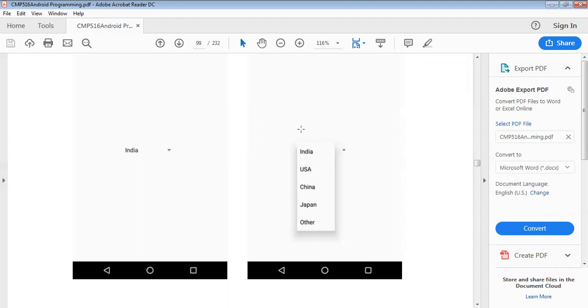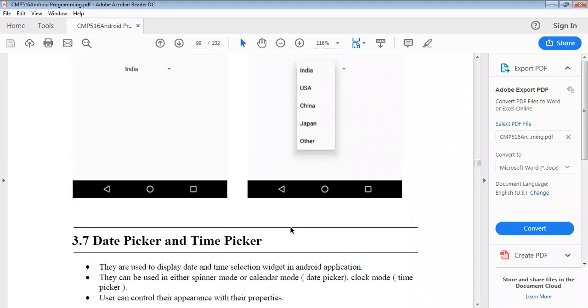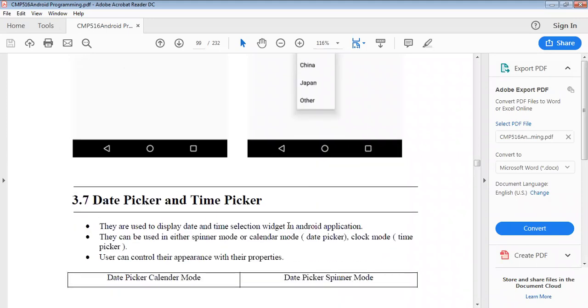See here we can see the country. In that country option there are a number of things like India, USA, China, Japan and others. All those things are in the spinner. Next we can see the date picker and time picker. Date picker means they can pick the date and time picker means they can pick the time.